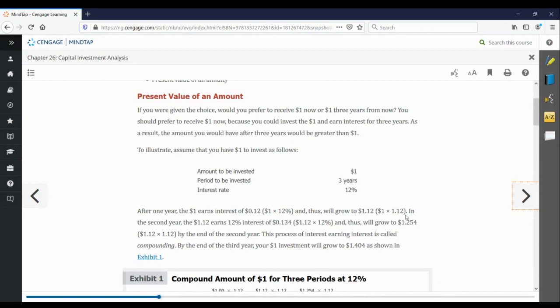Then we would take that $1.25, invest it again at 12% interest to see how much it would grow to by the end of year 3. And by the end of the third year, your investment would have grown to approximately $1.40. So what I'm saying here is that if we have $1 today, we can invest that dollar and earn